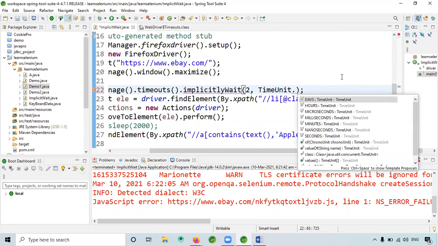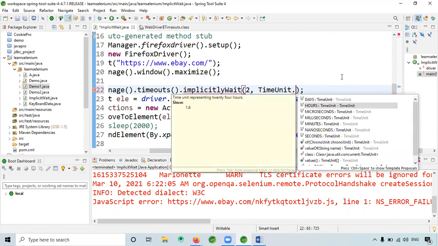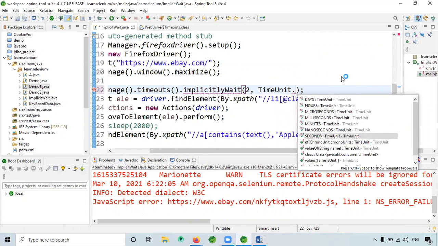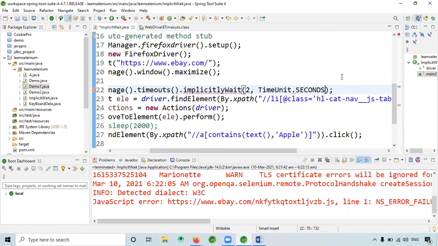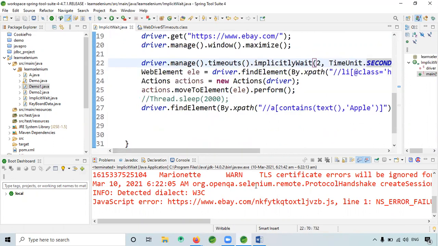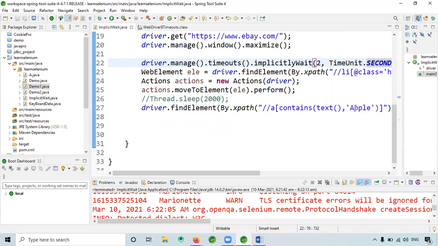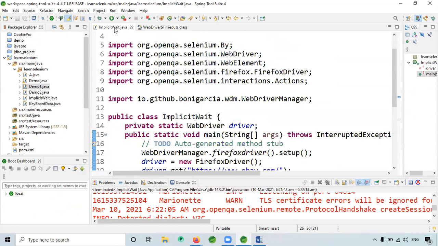If you click dot, days, hours, microseconds, milliseconds, minutes, seconds are there. So I need to choose 2 seconds. Let's see now whether it gives me a valid result, whether it will click the apple or not. Thread dot sleep, I have just commented. So now let me run and check.